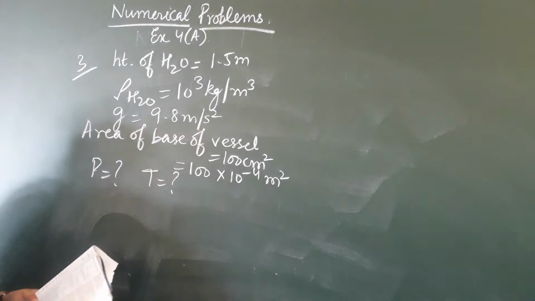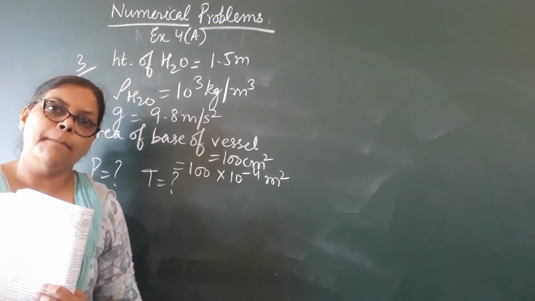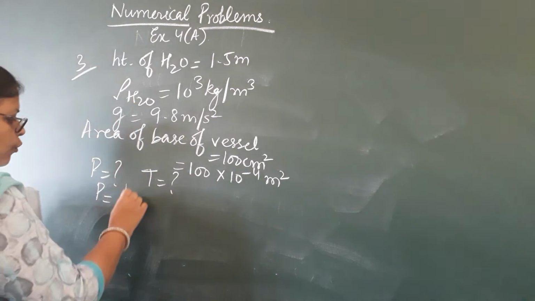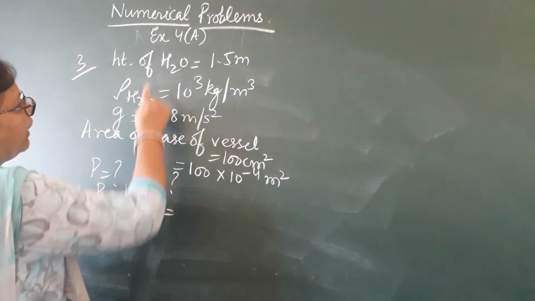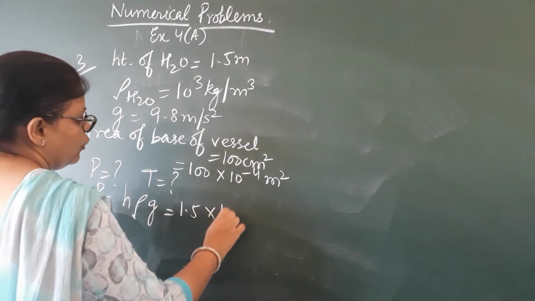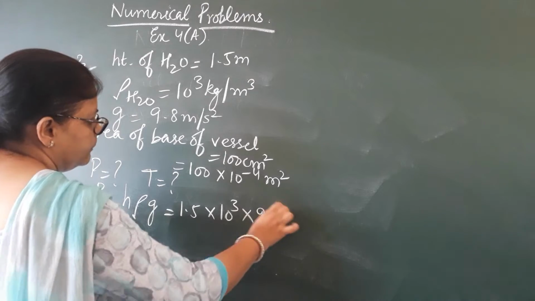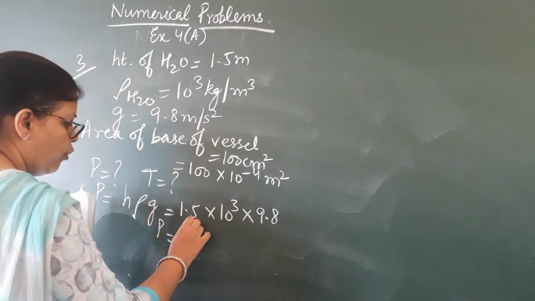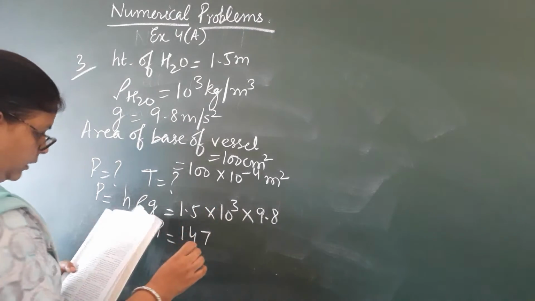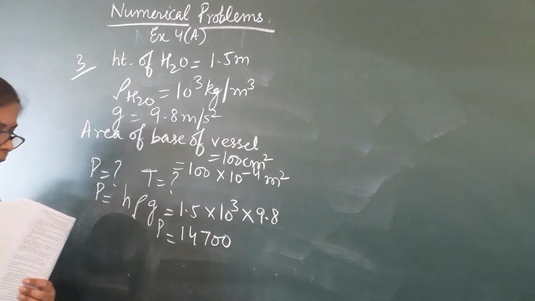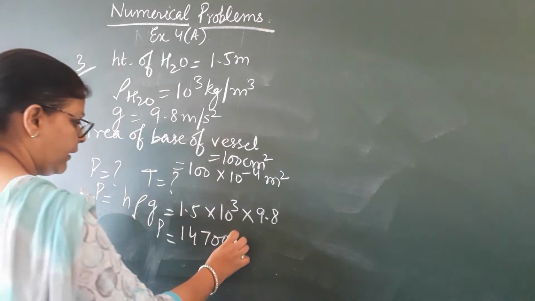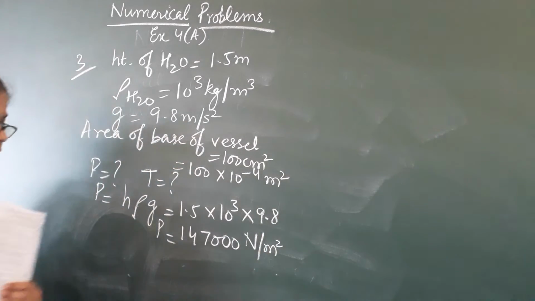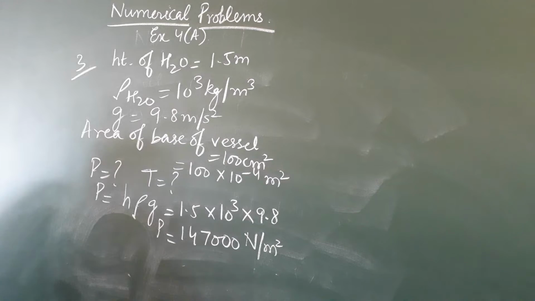Now, remember, I told you pressure is thrust upon area, but here we can also use another formula for pressure, h rho g. See, we know we have all the three values. h is 1.5, rho is 10 to the power 3 and g is 9.8. So we can find out the pressure. The pressure will work out to 147 with the 2 zeros. Okay, and it will be in fact 3 zeros. Just calculate and it will be newton per meter square. Children, you can do the calculations and you will get the answer.